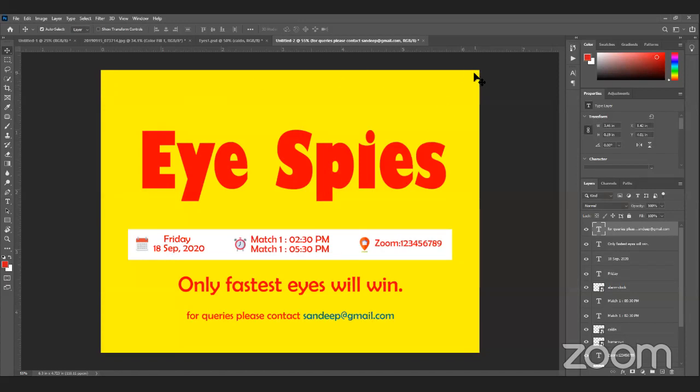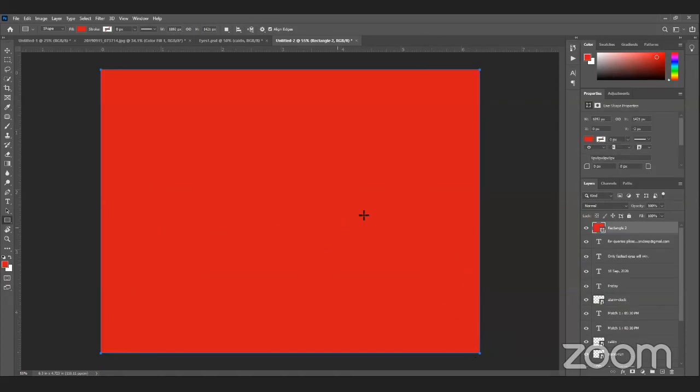But I want to give a border. Creativity never ends. It always asks for hunger. It will always ask for something new, something more. So that's what we're going to do now. We can add a border here. Adding a border is very simple. You just draw a rectangle with the rectangle tool. Oh, okay, you can see that my rectangle is there, but everything is behind my rectangle.